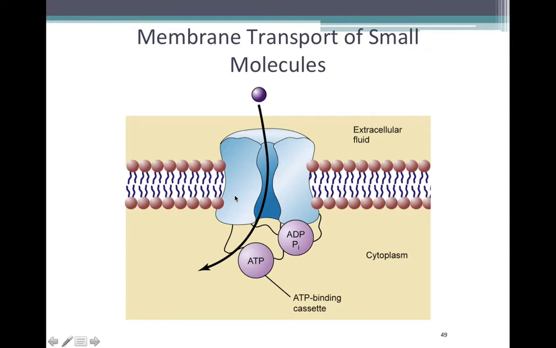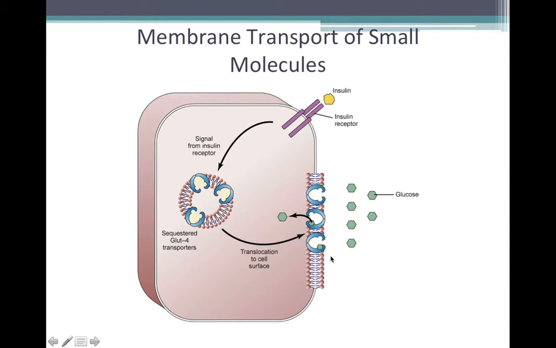So this would be an example of an active transporter, where we actually can take ATP, use the energy of ATP to literally pump an atom or molecule into or out of the cell. And that's just this example here. Now,